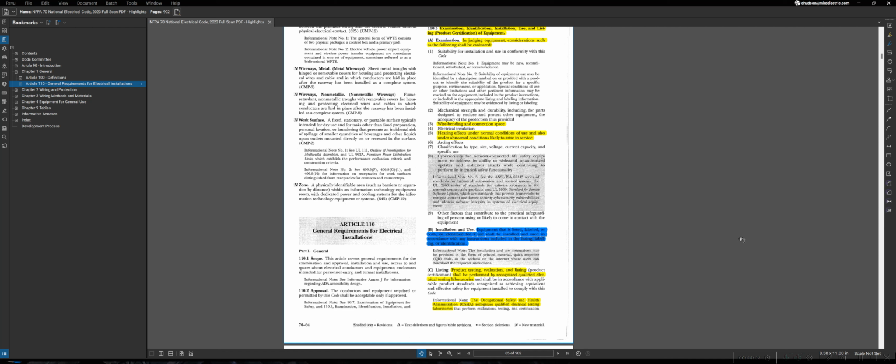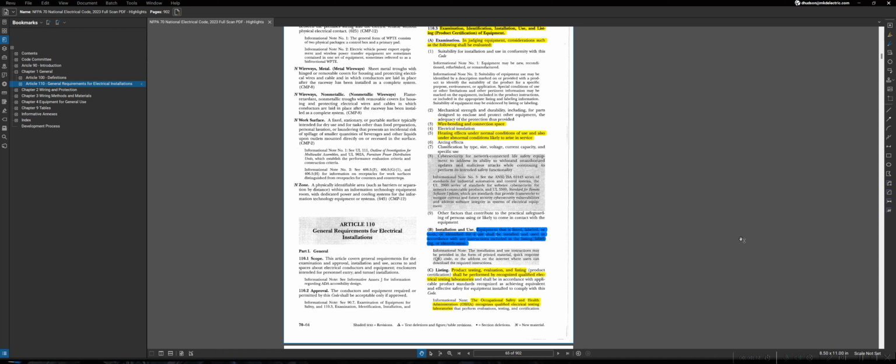Alright, so at this point, we've essentially covered all of the introductory and user information for the NEC. We've been through the history of the NEC, how it's published and created, and public input and suggestions for it. We've been through the contents of the NEC with various chapters and article organizations. We've addressed some of the information that can be found in the informative annexes, as well as how to use the index. We've looked at how to navigate the definitions that are in with the NEC, which finally has put us in a point in which we can actually begin to discuss some of the rules and requirements of the